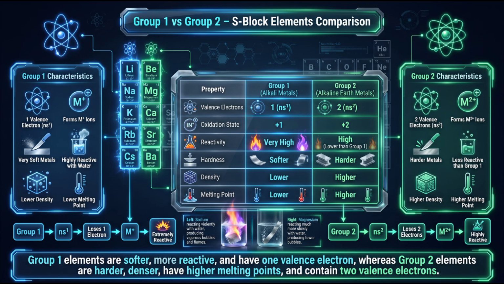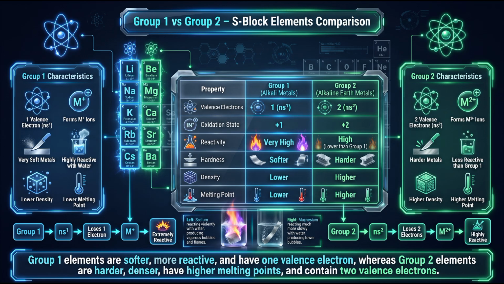In contrast, Group 2 elements possess two valence electrons with the electronic configuration ns². This group includes beryllium, magnesium, calcium, strontium, and barium. Since chemical properties are primarily determined by valence electrons, this difference is responsible for most of the variations observed between